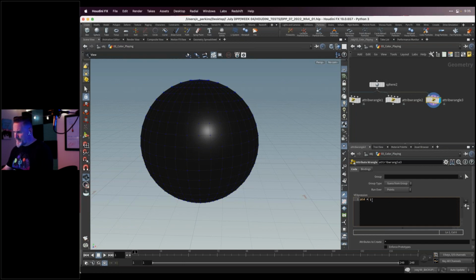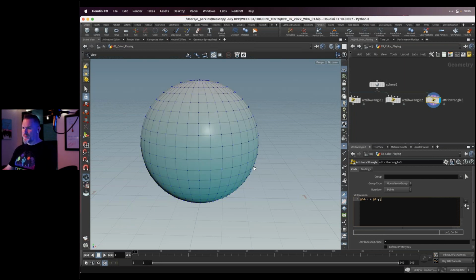Let's say that the red channel, Cd.r, equals @P, so at capital P represents the position, right? And we know that that attribute already exists. We just saw it in the geometry spreadsheet. So let's say that the red value comes from @P.y. So the red value comes from the y direction.